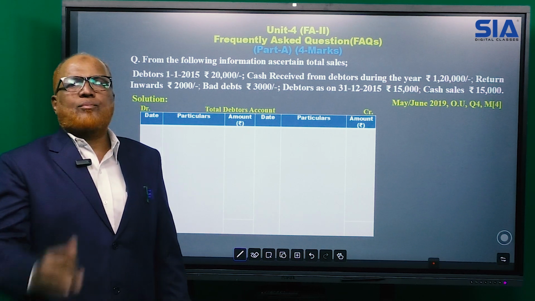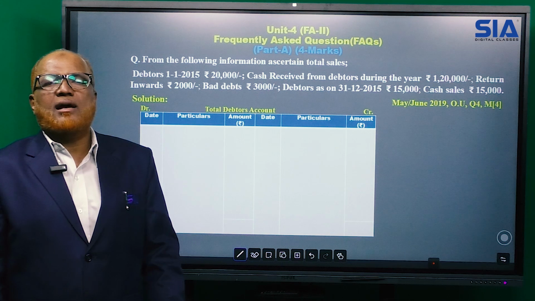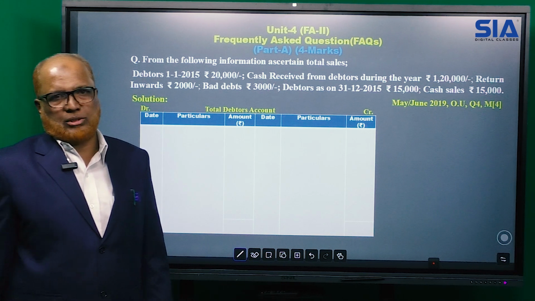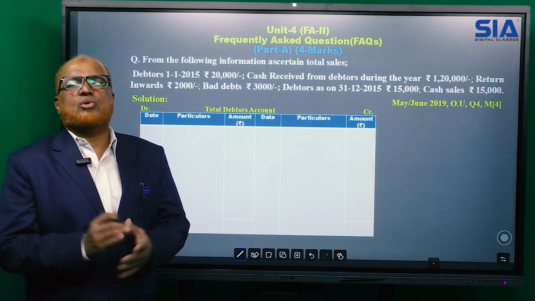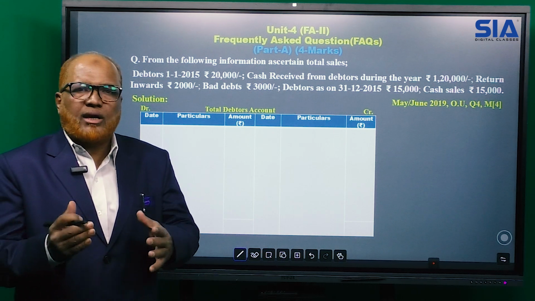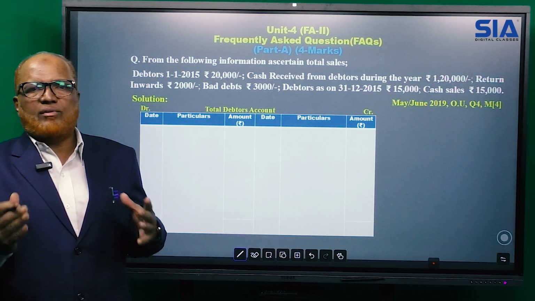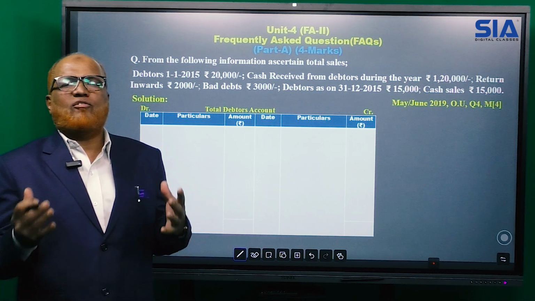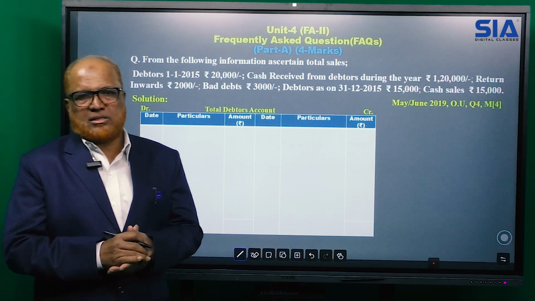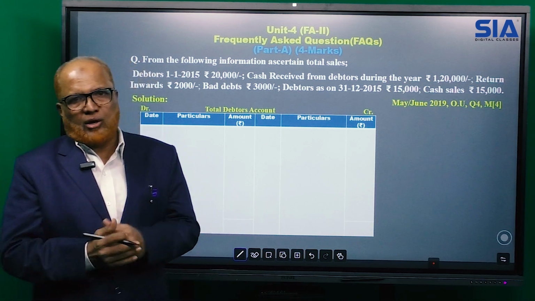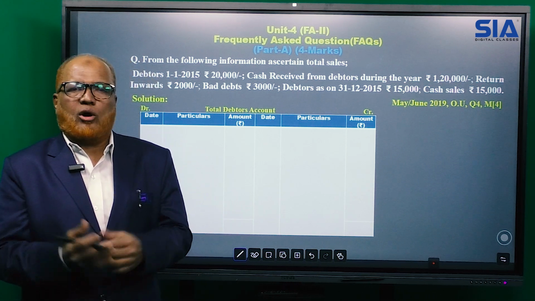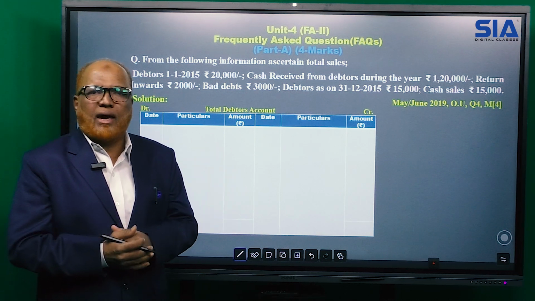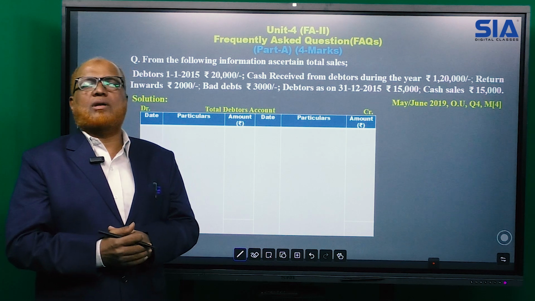So right now, we are discussing the single entry system. In your examination, you may get a 4 marks and a 12 marks question. For the Section A 4 marks question, you may get theory or problems. In the previous videos, we discussed what type of problems will be asked for 4 marks, just like finding the capital at the end of the year, the capital at the beginning of the year, or finding the profit. But they have also asked a problem where you have to find the total